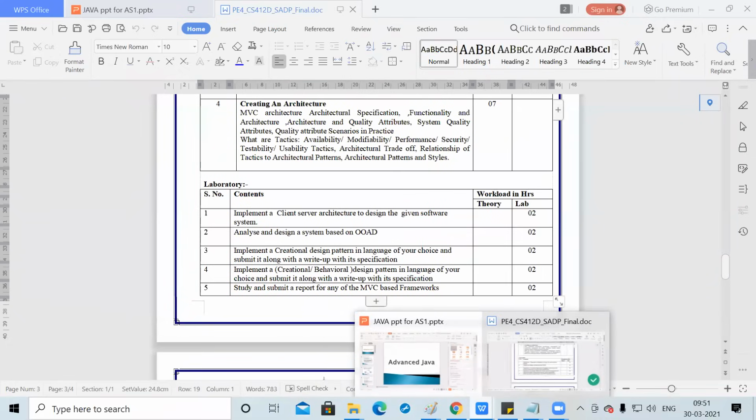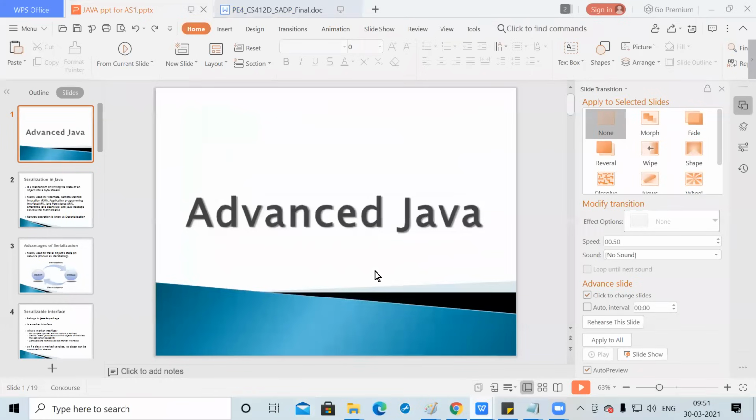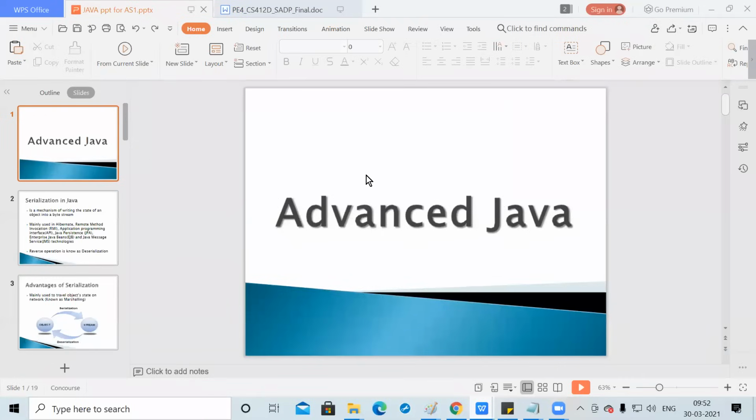I'm focusing on Java programming to complete this assignment. First, I have to brief you about client server communication: how to make it, what the prerequisites are, what serialization is, and what deserialization is in Java, and how these are used to make the communication. We'll see one by one, right?